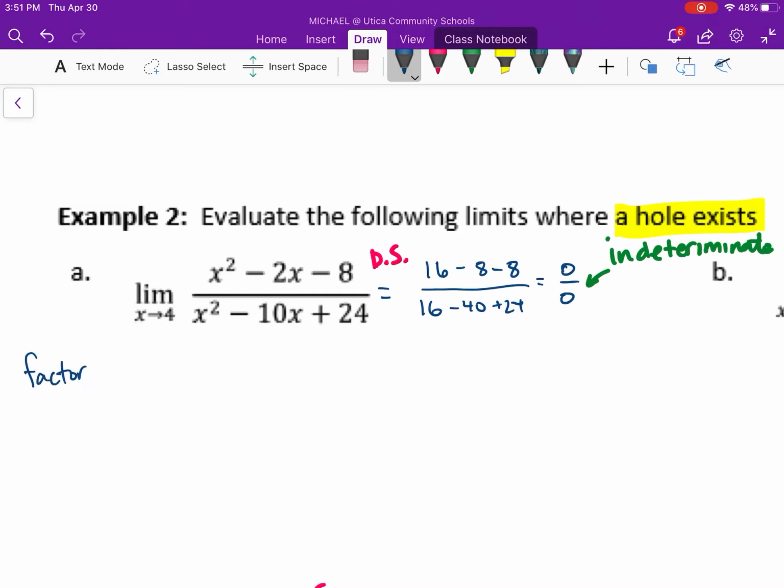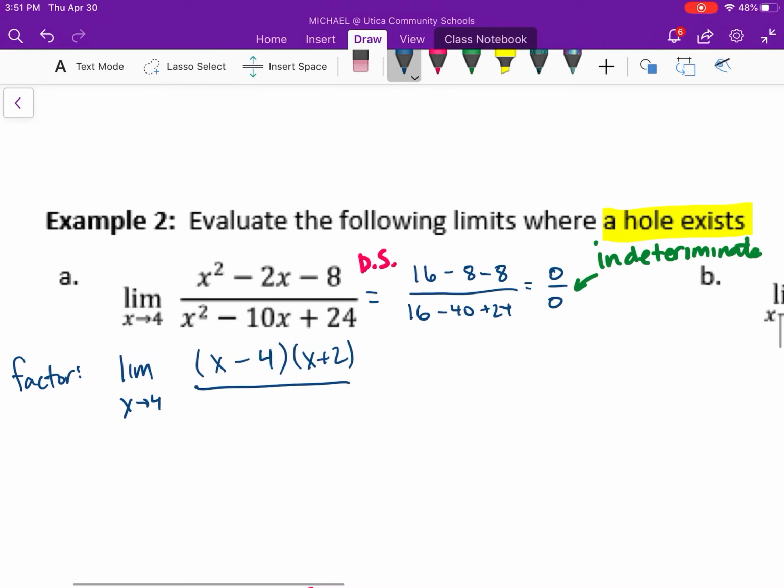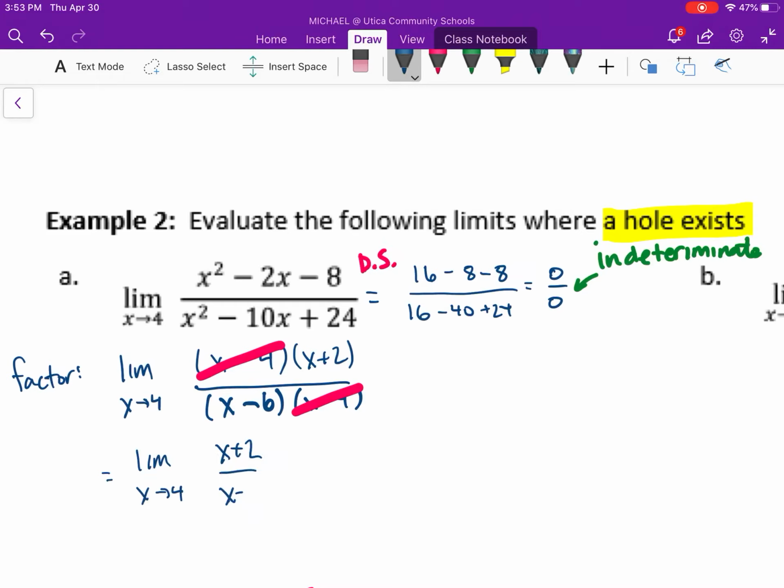And the method that we're going to work on today is factoring. So we're going to factor this. So this limit as x approaches 4, the top factors to be x minus 4, x plus 2, and the bottom factors to be x minus 6, x minus 4. And what you'll notice is we have a hole because the factor is in top and bottom of x minus 4. So this would be the exact same thing as the limit as x approaches 4 of x plus 2